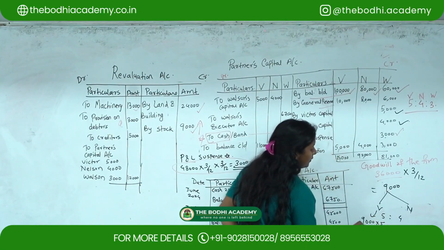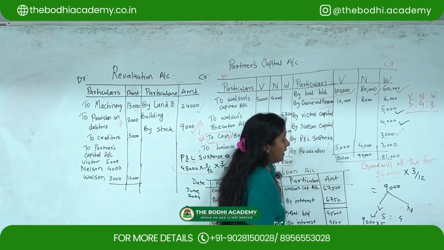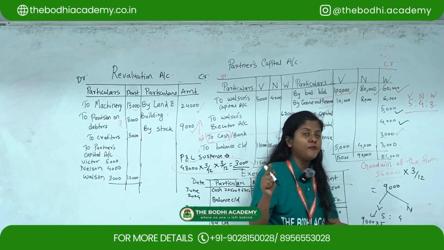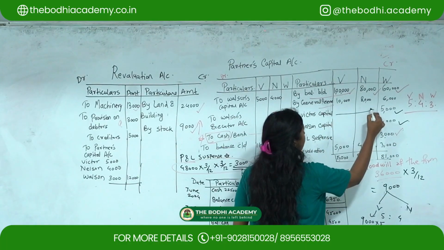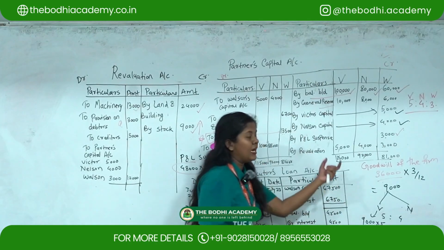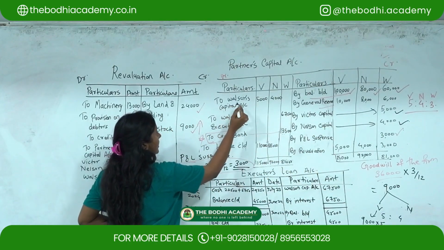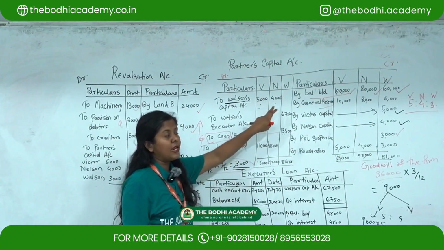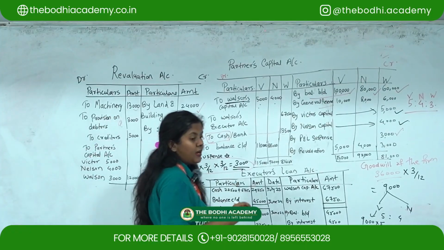This is for Victor, which will give you 5,000. And for Nelson, same thing you have to do: 9,000 multiplied by 4 divided by 9, which will give you 4,000. Okay. So this is with regards to their share of goodwill. Then you have to again transfer it on the debit side as Wilson's capital account, and under the proper heading of Victor and Nelson's you have to show. Okay. So this is with regards to this